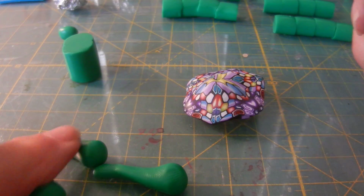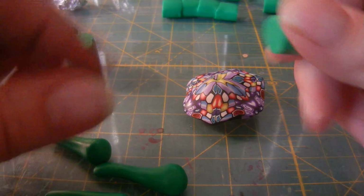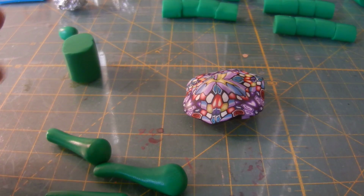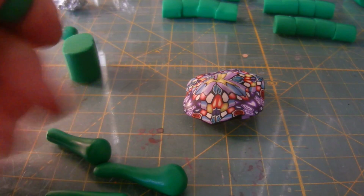And as you can tell, I'm a lefty. Just to let you know, I've been working on clay since I was in my 20s. I'm now 60. Started working with salt dough, and this is way before polymer clay came out,